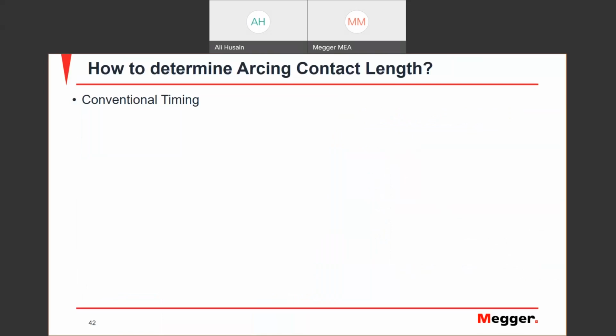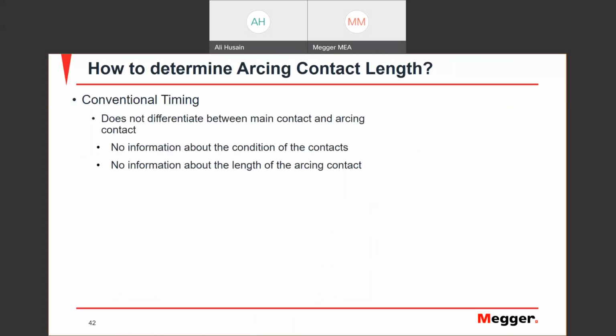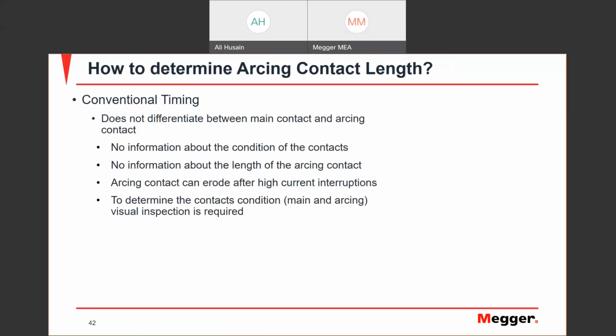Now, even when you're doing conventional timing, there is only a little bit of differentiation between the main contact and the arcing contact. You can't really detect that very well. Even for contact resistance, the same thing. And arcing contacts are usually the contacts that absorb this high current or high flash or high temperature arcs. So the only way to check them or to verify they are not worn out is by doing a